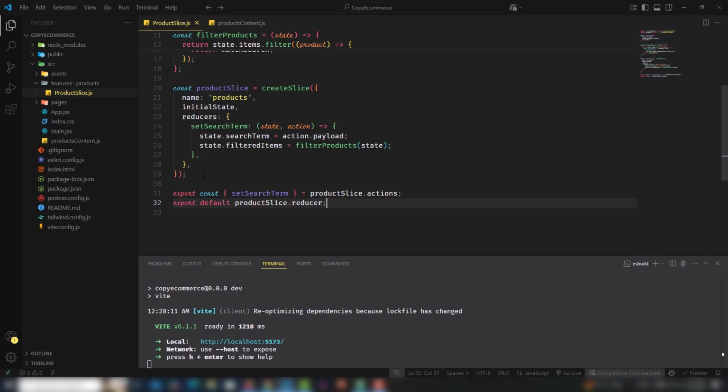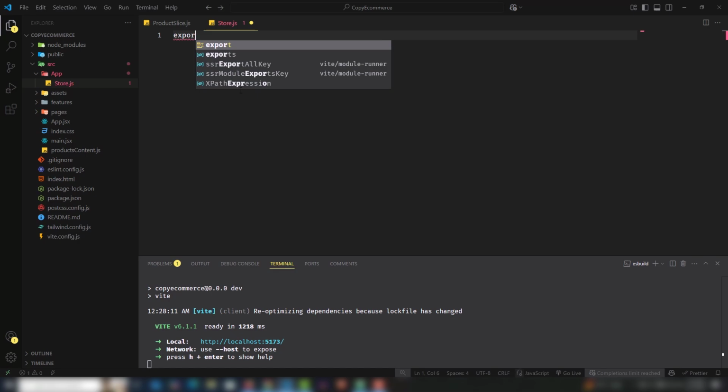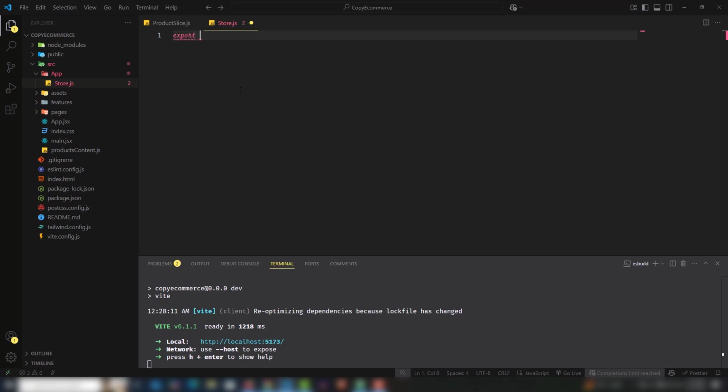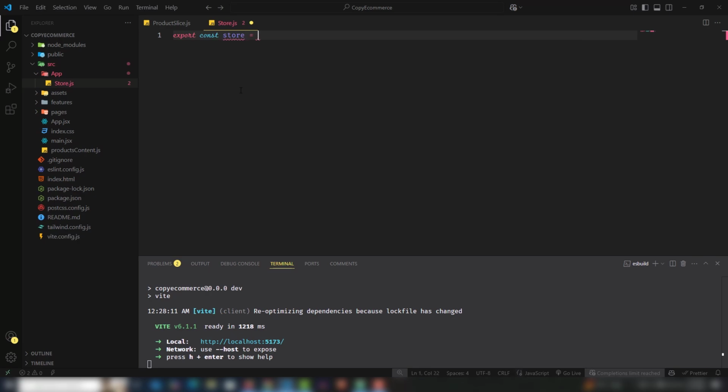So you need to connect this one file with your React project. How can you do that? So let's understand that. So you need to move on. The first one, I need to create a folder, guys. The folder name, I'm gonna use app. Inside the app I'm gonna create a file, store.js. So in the store.js you need to use export. I'm going to connect our React app with the Redux toolkit, right? So I need to create a store.js file and use export const by the name configureStore,